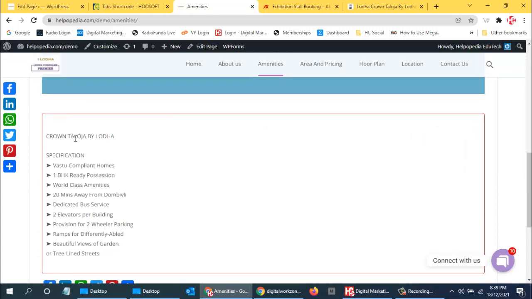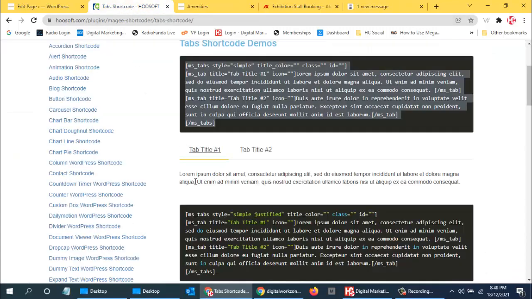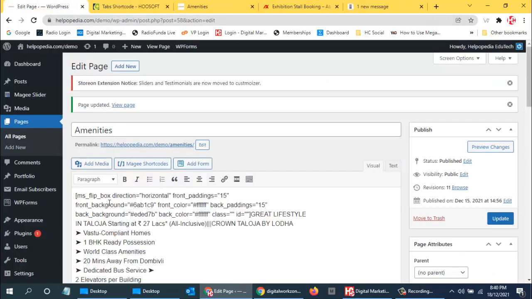So Taloja over here it is not coming. We are using white color, so that is coming up. So maybe over here we can use this flipbox. Over here background color. Okay, this is the background color. Font color is this. Okay, black color for the class. So this is all black color that is coming up in black color.